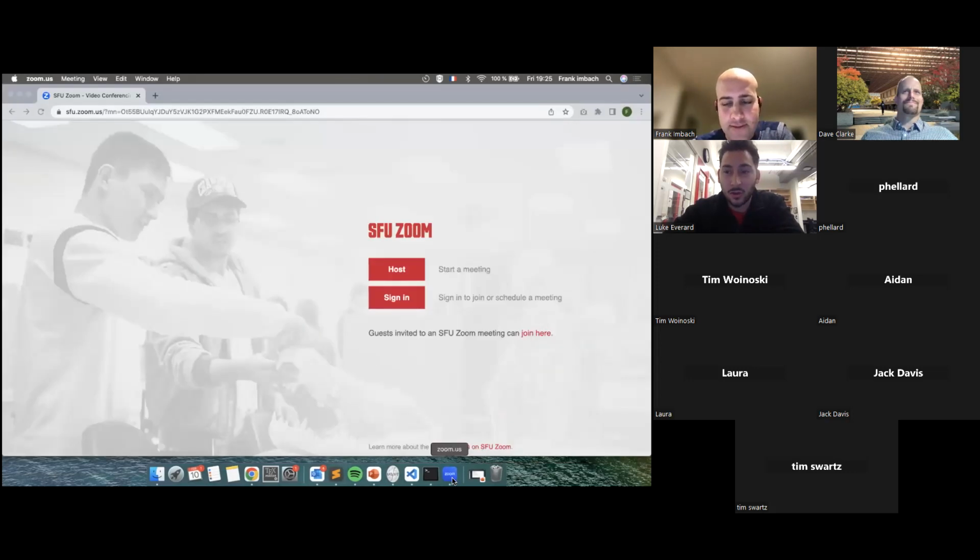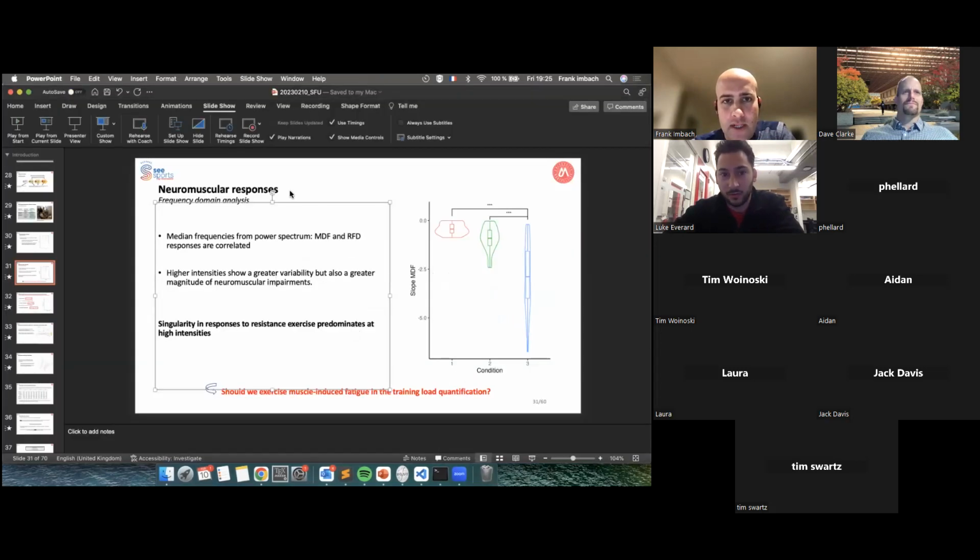No, it's good. That answers it pretty well. So you used the median frequency, this is for EMG, if I'm correct, right? Yes. If you were to use it for full body, then the EMG median frequency values would be really difficult to measure, right? Because if you did a squat, you'd have to measure quads, glutes, adductors, and everything. So do you think it might be better to try to use something more holistic